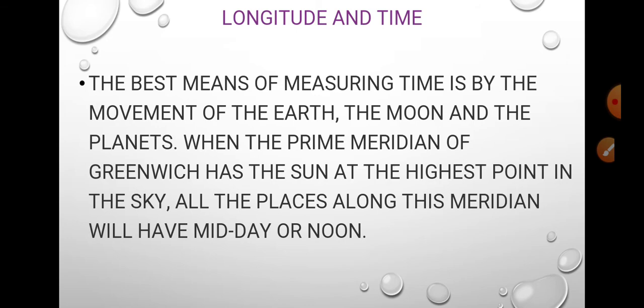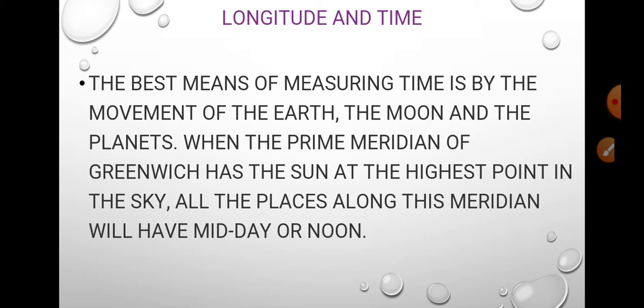So, as our definitions of longitude and prime meridian are clear, what is the relation between longitude and time? Time is measured on the basis of the overhead sun. When the sun is overhead at a place, it is 12 o'clock noon. This time is called the local time. As the sun is overhead at different times at different places, each place on the earth has its own time. What does all this want to say?